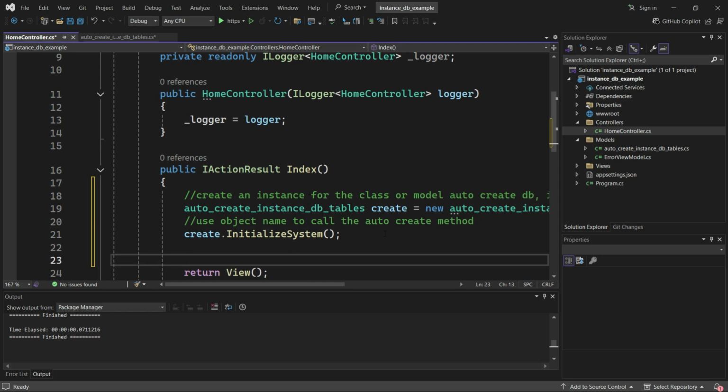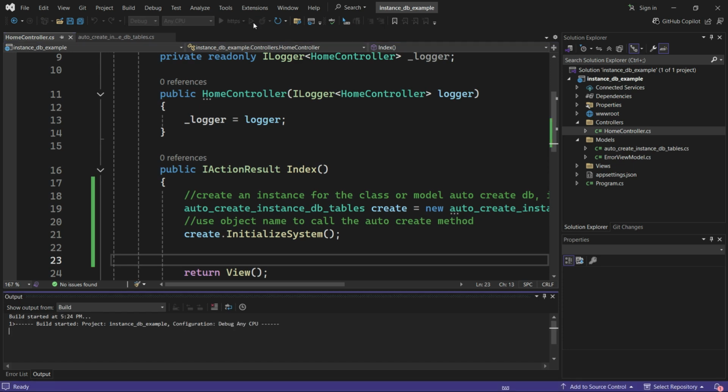When I run it now, it will pop up. If the instance is found, it will say the instance already exists, and the same thing with the database, and also the same thing with the tables. And now I'll just run it, and as it is building,